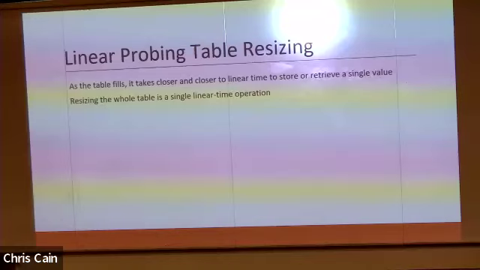But when do we want to do that? When is the best time to grow and shrink the table? We don't want to get to the point where the table is full, because then it is actually a linear time operation. But where is that difference between when the table was 3% full, where almost all of the time it was right there, and if it wasn't right there, then it was very likely to be at the very next index? Unless we got super unlucky,